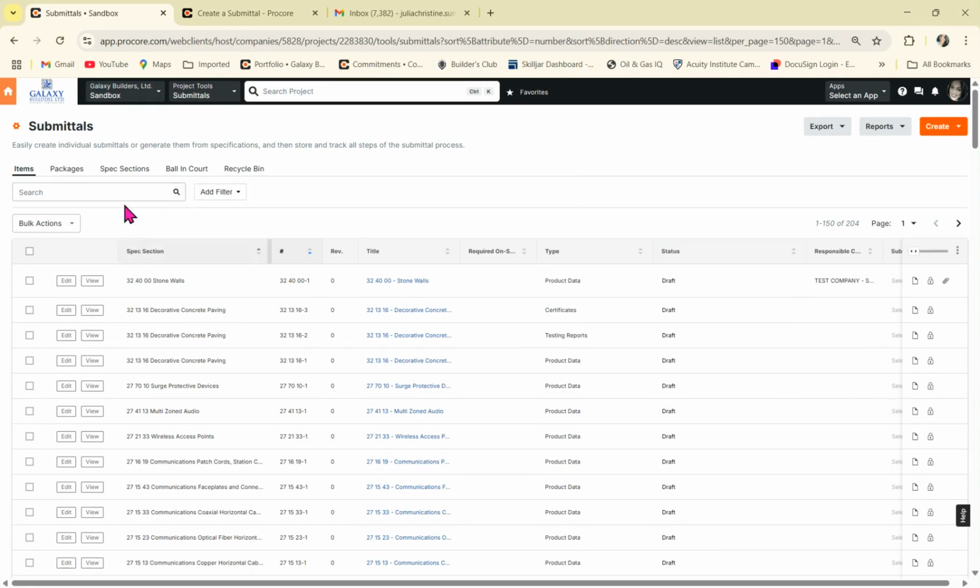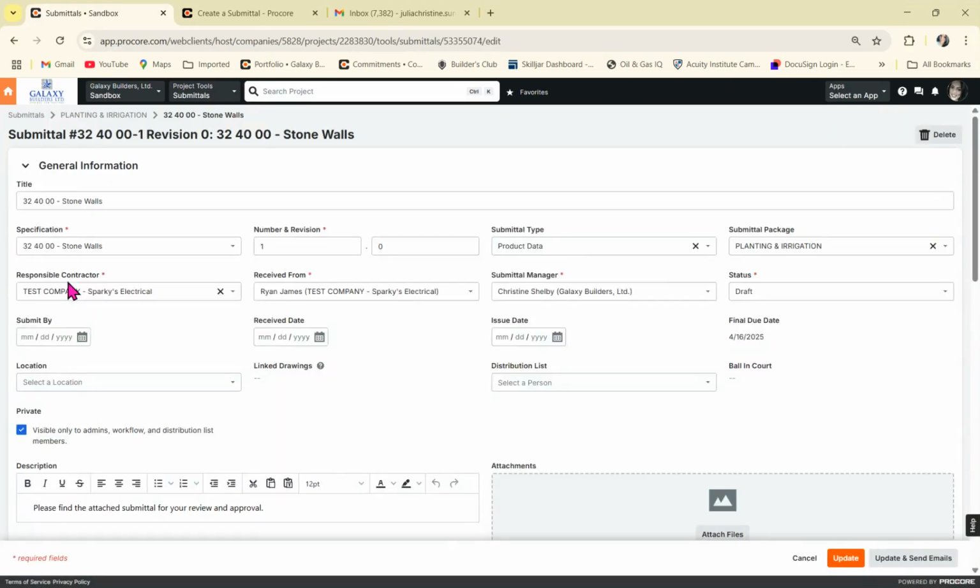First thing you're going to want to do is, of course, navigate to the Submittal tool. Click Edit on the submittal that you are going to be working on. To save us some time, I have already entered all of the general information here at the top. Your specification, submittal type, your submittal package, responsible contractor, received from, and of course my submittal, I've already chosen that